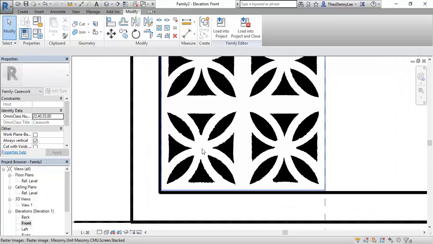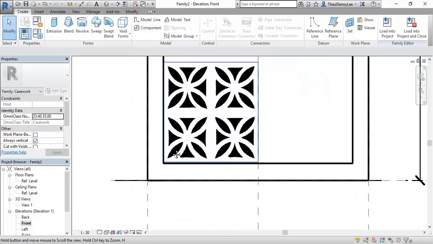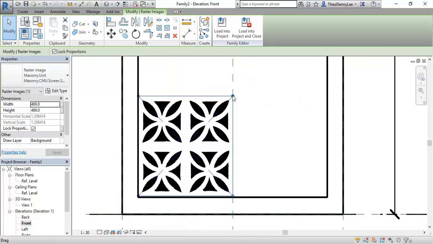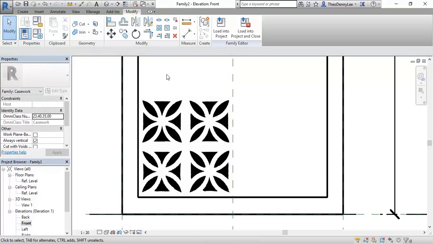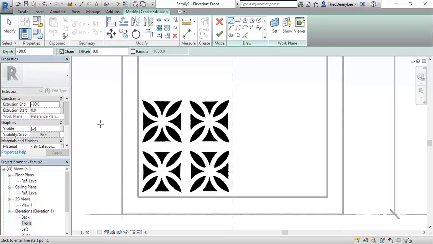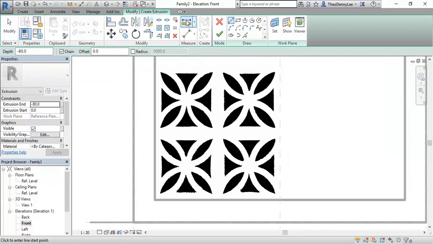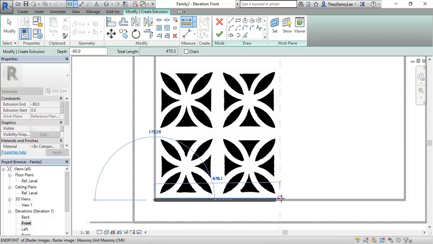So here I'm going to make another extrusion in the front view, and I've just stretched this so that it fits evenly into that half of the panel. And then now I can make a new extrusion, and because I know this needs to fit exactly, I'm going to measure across there just so I know what that is. So it's 470, and then that divided by 2 is obviously